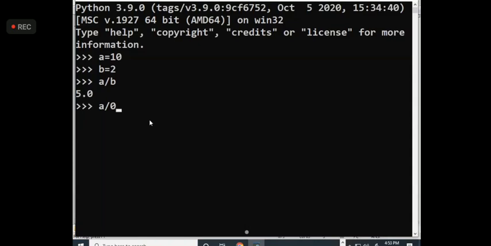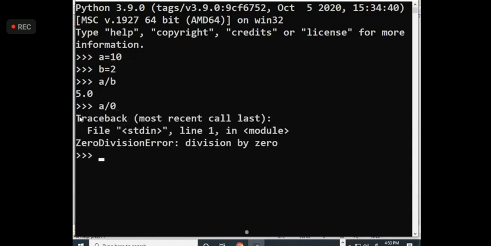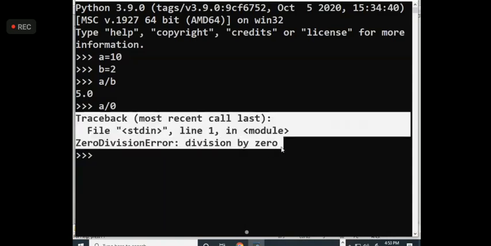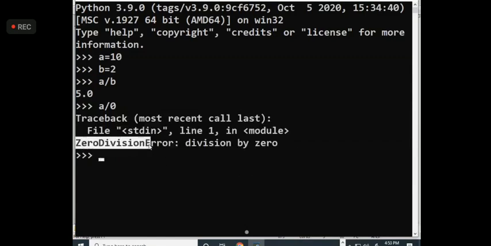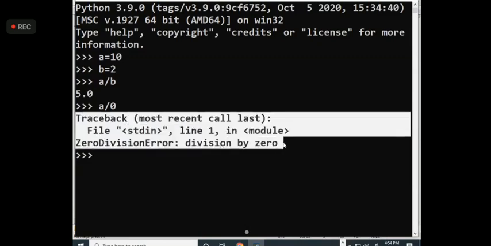Spell out. See that this message is not understandable by the end user. See that word here? This is known as what? Exception. Zero division error, that is known as what? Exception. Can a normal user understand this entire message? Speak, guys. No. Who can understand this message? Only the programmer. But in my project, if I give this type of message, can the end user understand